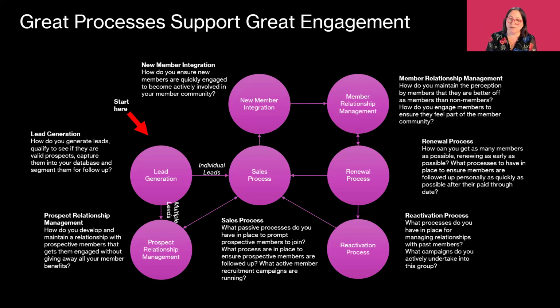Because before we know it, that referendum on member satisfaction with only a yes or no answer comes through, which is your renewal process. So how do we optimize our renewal processes to ensure as many members as possible respond? And of course, then if people don't renew, what do our reactivation processes look like? Because it's much easier to retain a past member or to recruit somebody who's been a previous member than it is to go to the never members. So this is a wonderful warm pool. And if you set processes around that using your automation, there is so much you can achieve that's so scalable at relatively low resource requirements.